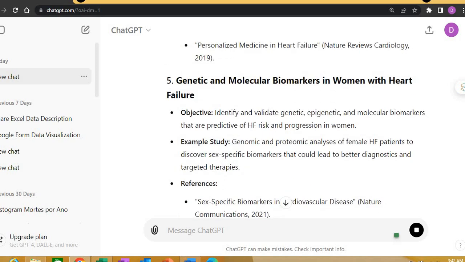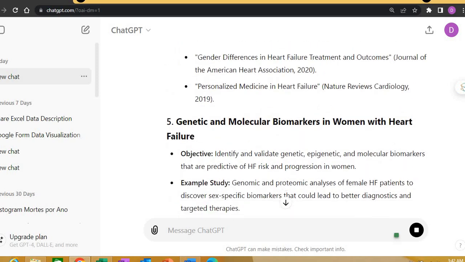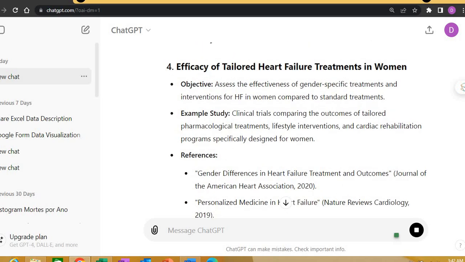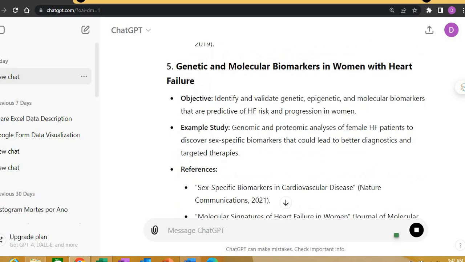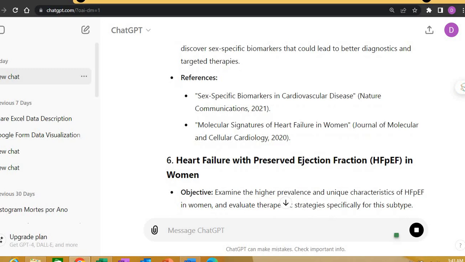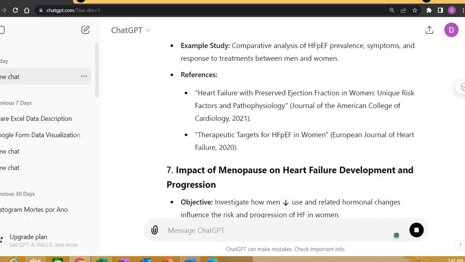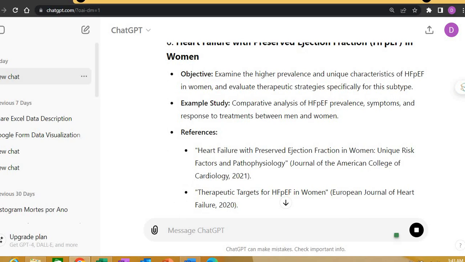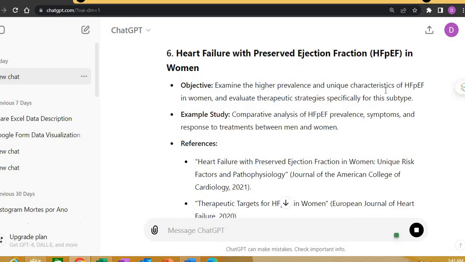See, now it is giving me a lot of ideas. I can look for genetic and molecular biomarkers in women with heart failure. I can work with the treatments across genders. I can work with this heart failure with preserved ejection fraction in women. The objective could be to examine the high prevalence and unique characteristics of HFpEF in women and evaluate the therapeutic